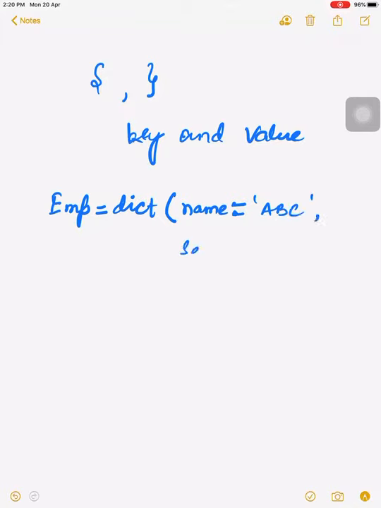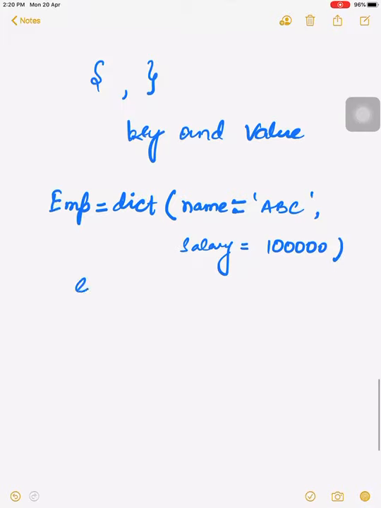For example, I have taken a dictionary employee. So I can write here dict. Here for example, we write name as a key. So here we didn't write quotes. We simply write name equal to ABC, then comma, salary equal to, okay. Now we close it.